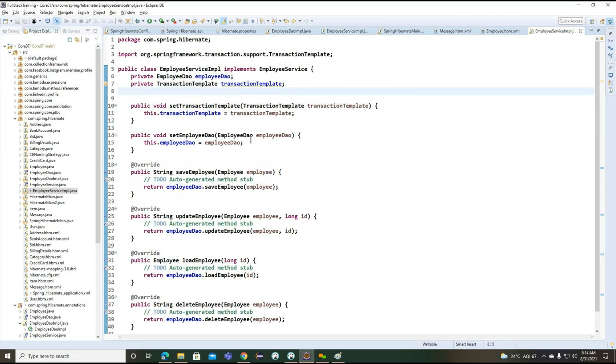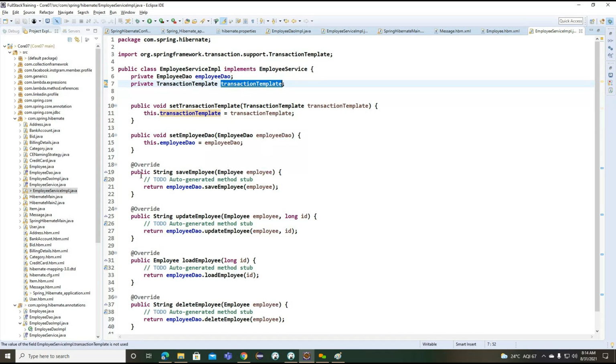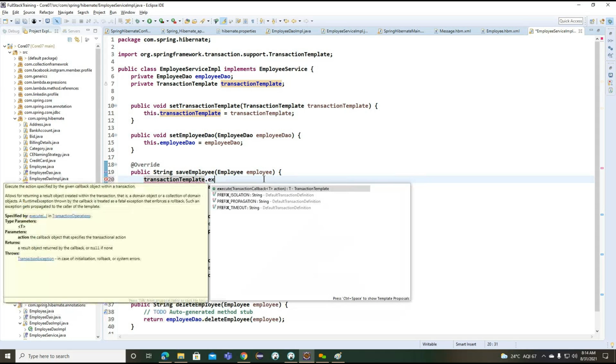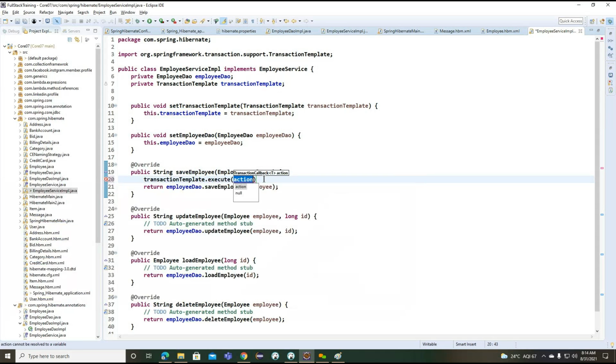Okay. Now we implemented the transaction template. With the help of this particular transaction template here, now what we can do, we can call execute here. Getting the point. So we can work with the execute here.